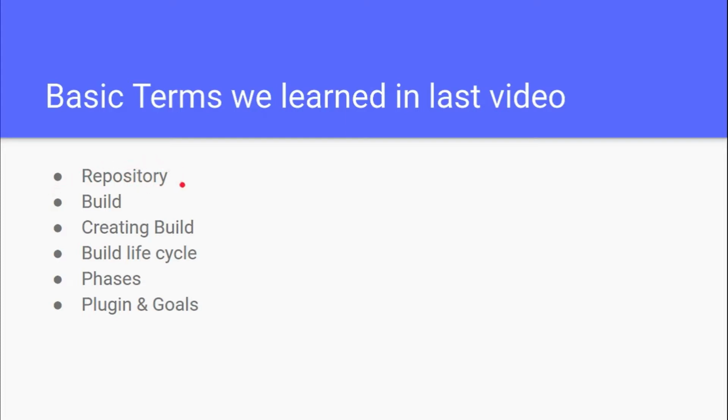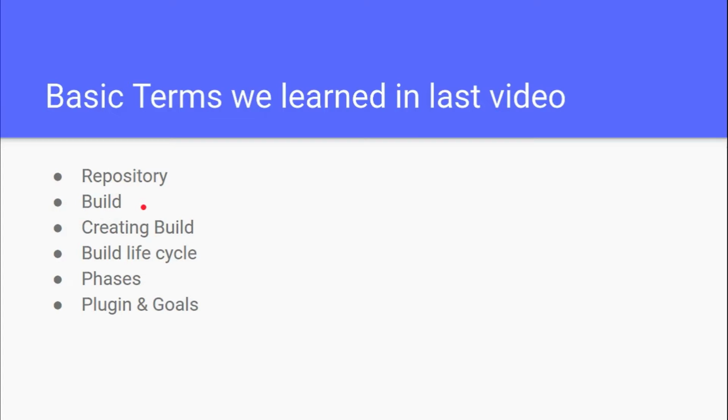Firstly, we saw repository. Repository was something which holds all the required jars plugins by our project. It was of two types, local repository and remote repository. Remote repository of Maven is an online repo from where we downloaded jars plugins that were required by our project, and local repository is on our own system in which the jars get downloaded.